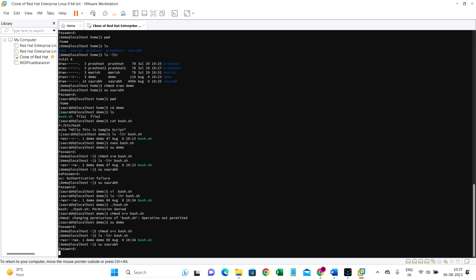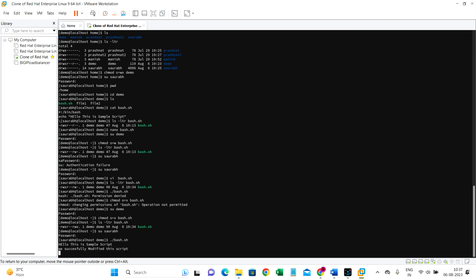Each user Saurabh is able to perform execute operation on bash.sh file or not. So just trying to execute bash.sh here. Okay, now we are successfully able to execute this bash script. Like, hello, this is sample script and we successfully modified this script. Okay. So till now,